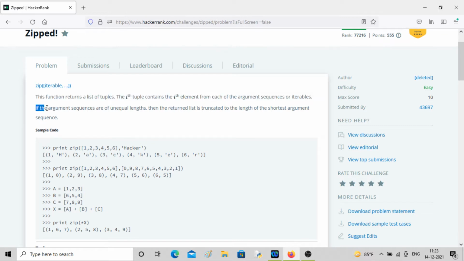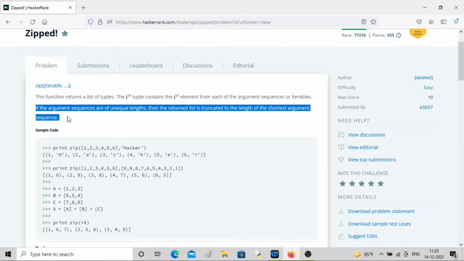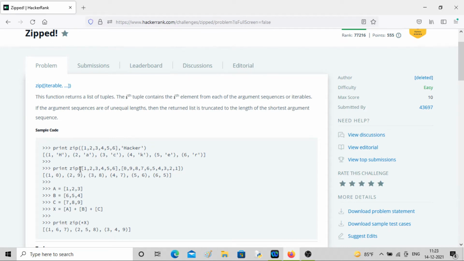In the second line, you can see that if the argument sequences are of unequal lengths, then the returned list is truncated to the length of the shortest argument sequence. In the second example, the arguments are of different, unequal lengths.